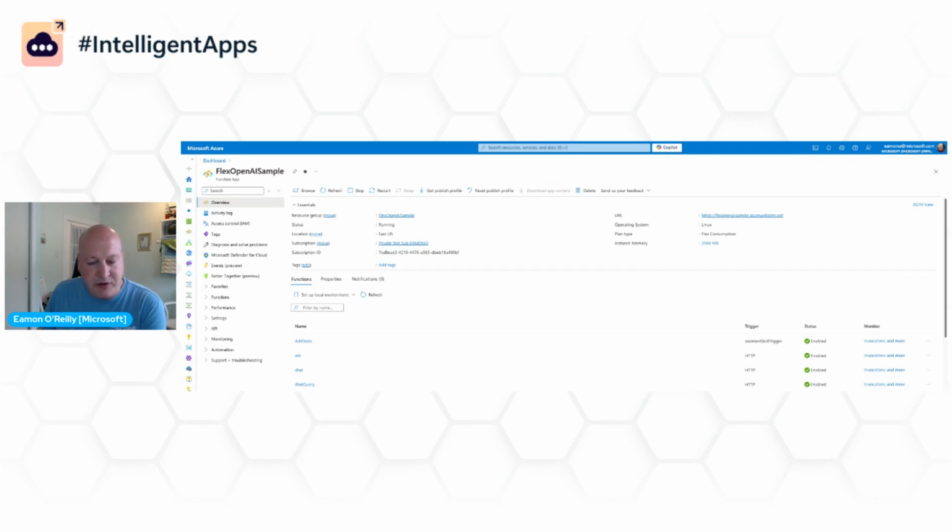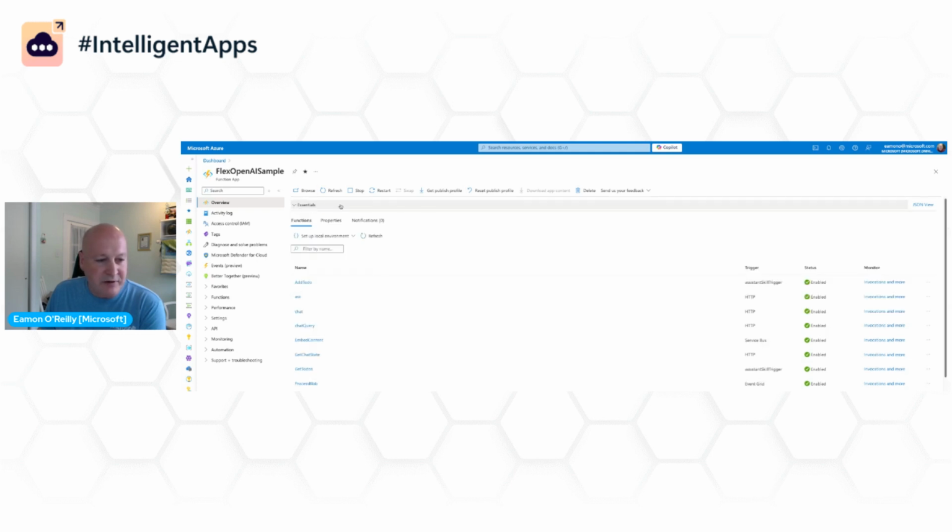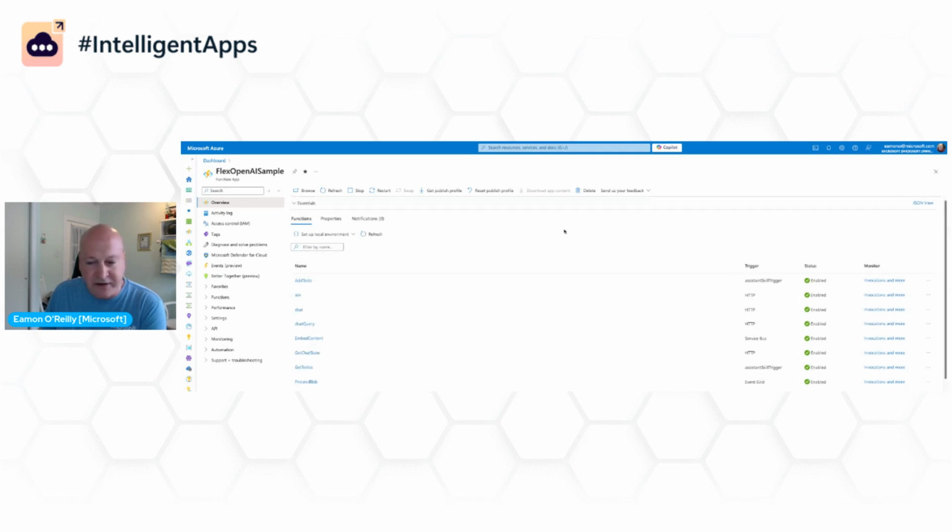In this demo, I'll be focusing mostly on how you can bring your own data into Azure and have the ability to do semantic search on top of that. And so in our extension, we have the ability to automatically process content coming from lots of different sources and then store that into a vector database. This could be AI search, it could be Cosmos DB for MongoDB or Cosmos DB for Postgres, as well as Azure Data Explorer. So if you look in this function app, I have a set of functions here that basically